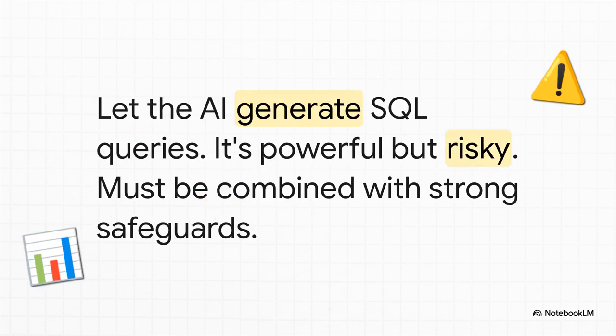Then you've got direct DB access, which is super powerful, but you've got to be careful. Here, you're actually allowing the AI to write its own database commands, SQL queries, to pull information right from the source. It's awesome for letting a business user ask something like, how many sales did we have last quarter in Europe, in just plain English? But the absolute number one rule here is to build in serious security, like only allowing read-only access so there's no way it can accidentally change or delete data.